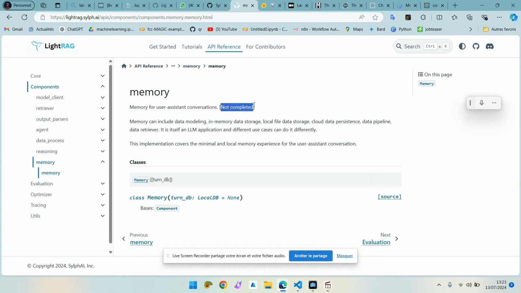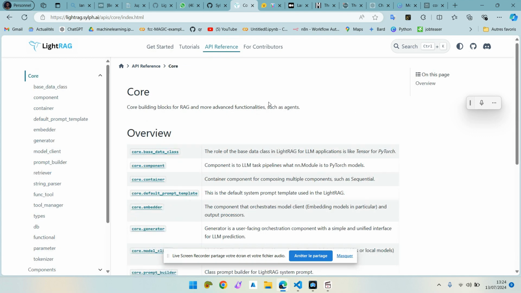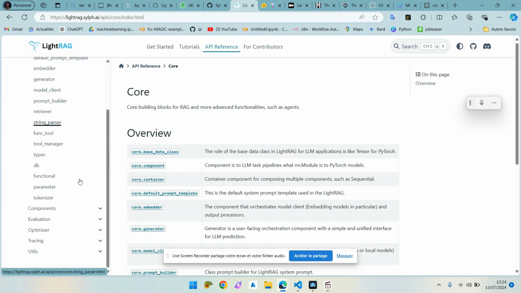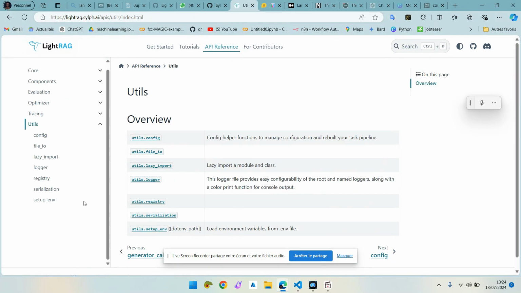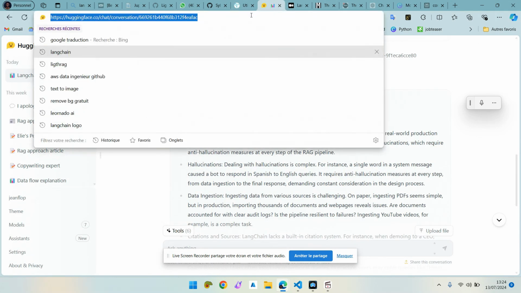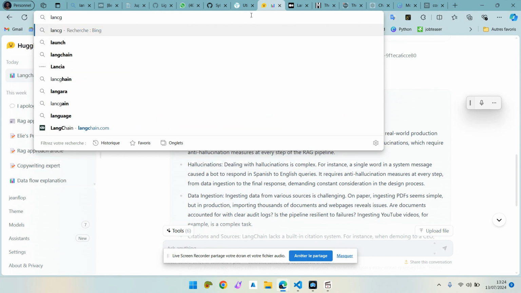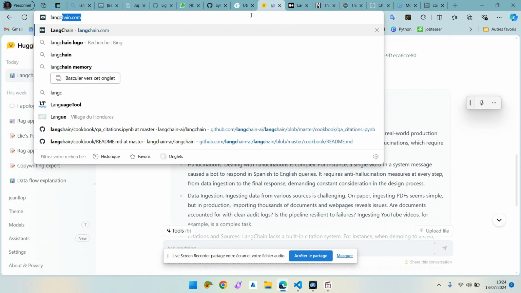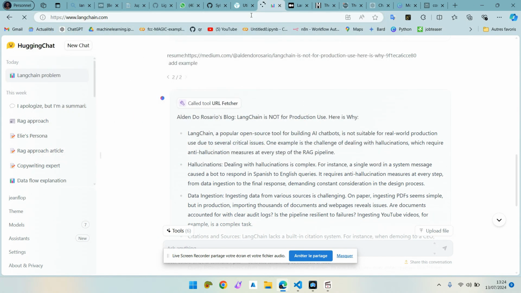I want to try to complete this and make a pull request, and maybe the author will accept and implement this. I think it's a pretty good alternative to LangChain. There is a lack of some other extra external tools like Drive, etc. Because when you go to the LangChain documentation,